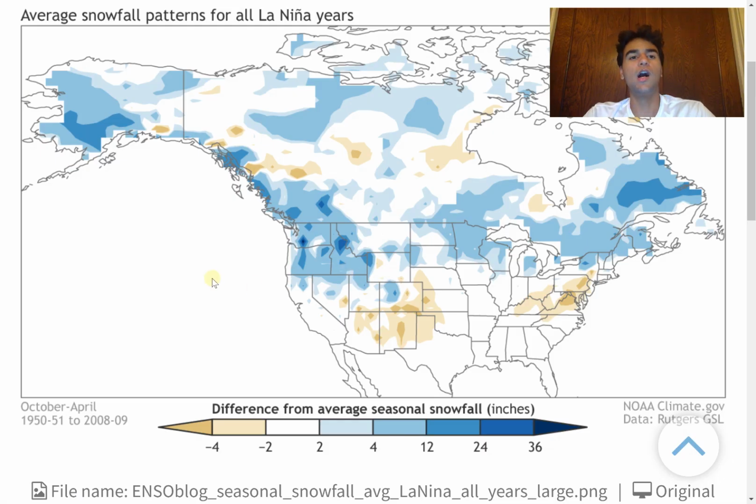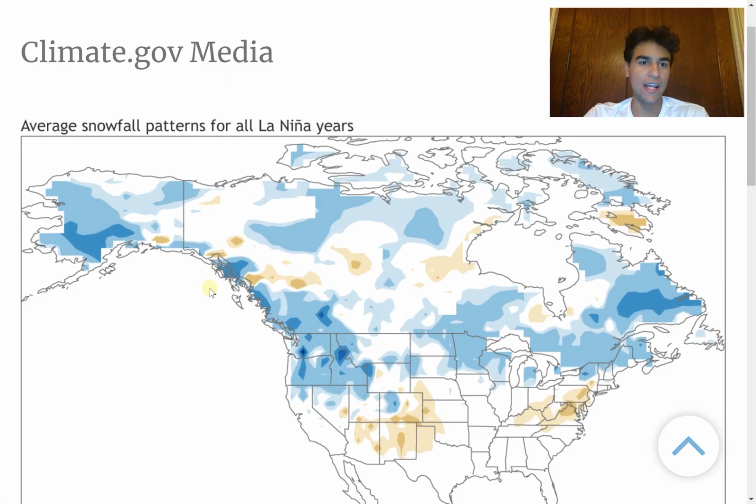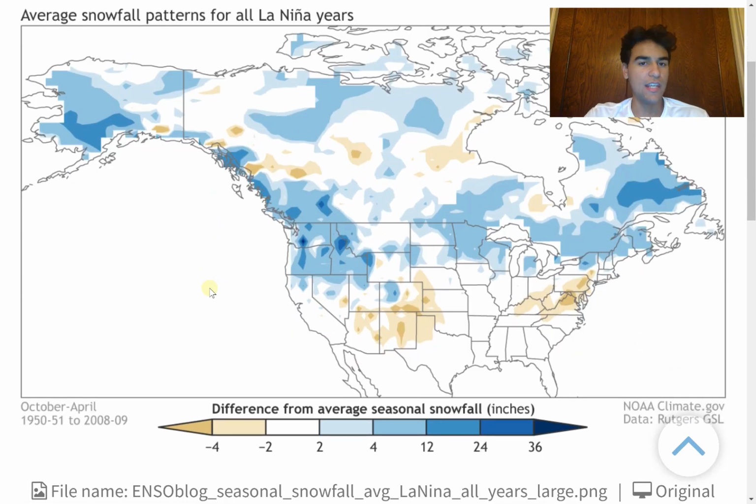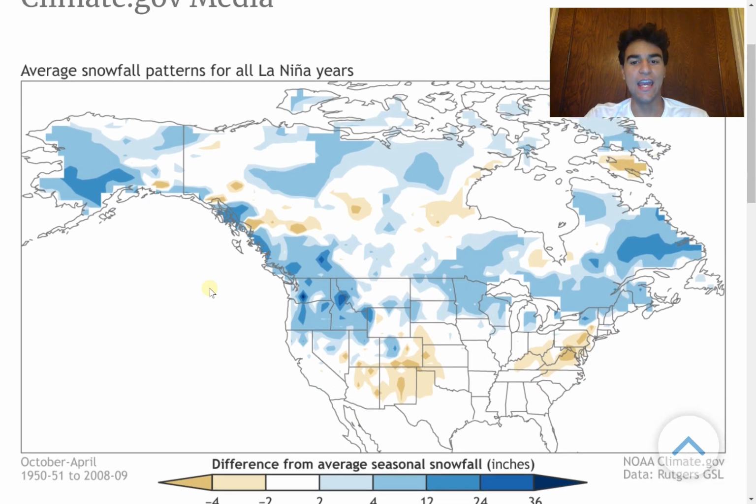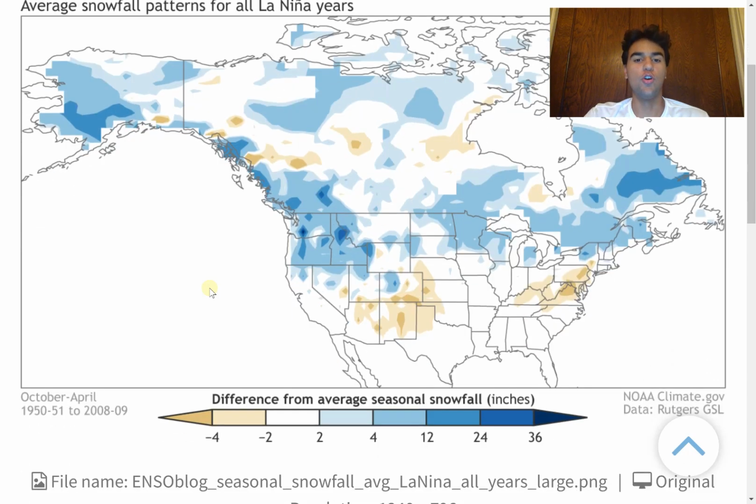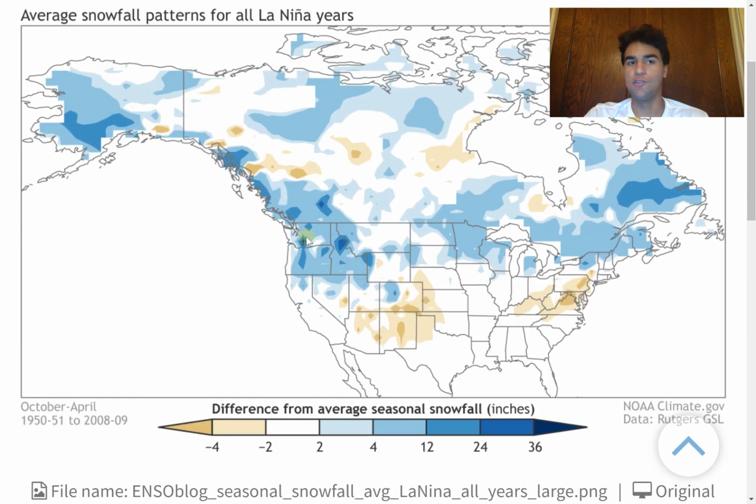Now, another thing we also, of course, need to take a look at is the average snowfall patterns during La Nina years. And as you can see, for much of the northern United States, we typically see a lot more snowfall than average during a La Nina than the typical average over a long-term period. So as a result, we should expect more snowstorms than average, of course, since we see more overall average snowfall accumulation than average for much of the northern United States, especially the northwestern portion of the United States,